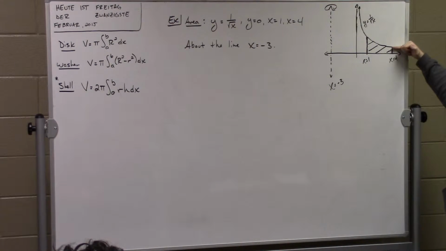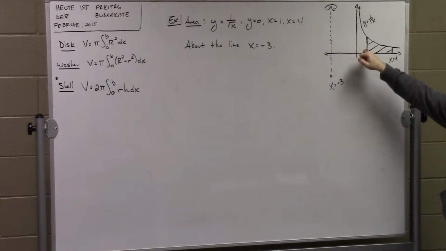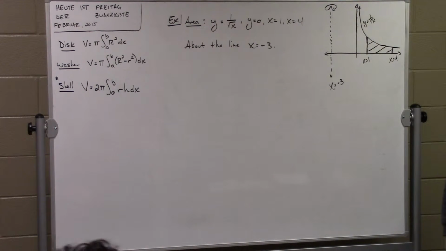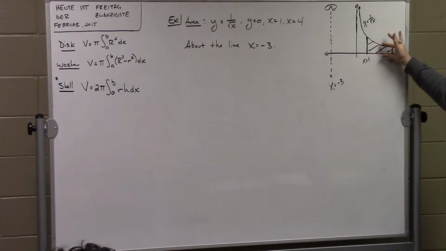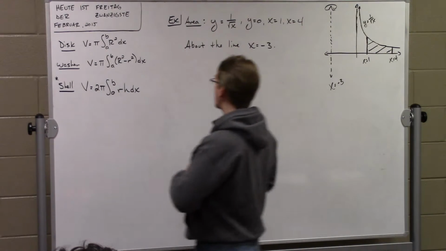The problem is if you change it to y's, which you can actually do, it's not that hard, you'd have two zones. One going up this high with this line on top and this line on bottom, and a second one with the curve on top and this line on bottom. So if you were thinking disk or washer in this case, you would be forced to break it up into two zones. Not bad. If you go with shell, however, the height is uniform, one function on top, one function on the bottom, and it never changes positions. So let's start out by thinking shell,